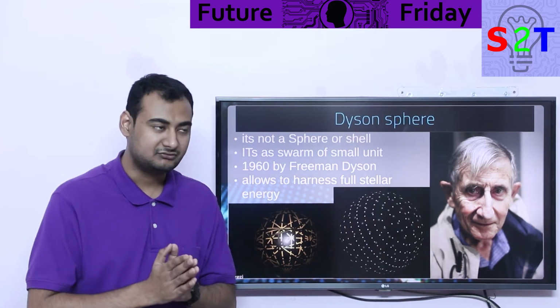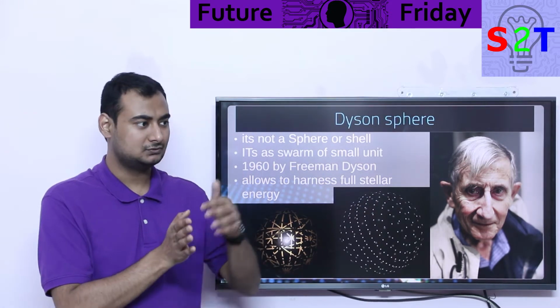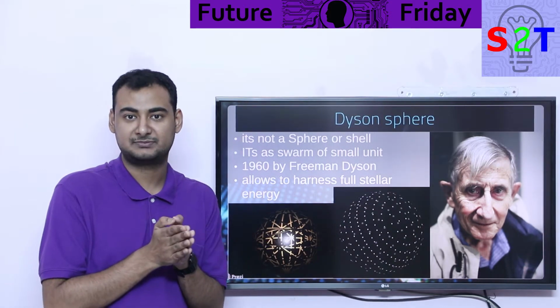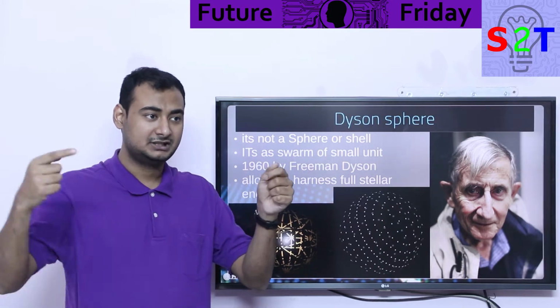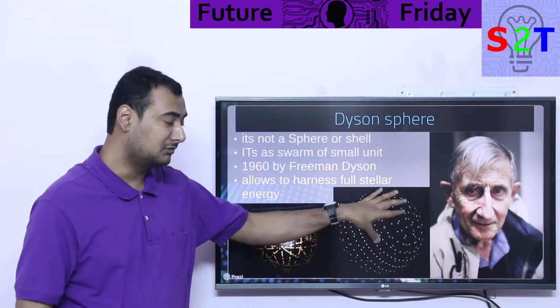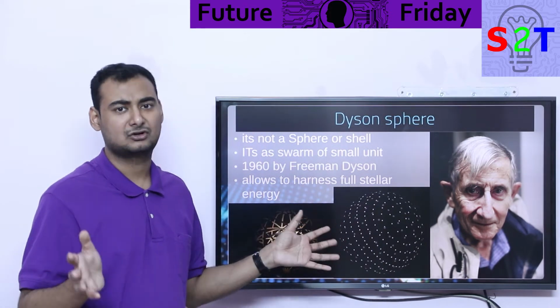Think of it this way. It's equivalent to creating a forest around your star. If there is a forest between you and something that you want to see, you can't see that thing. Is the forest blocking 100% of it? No, one tree is not blocking it. But if you have enough of them, then there is no direct path. That's what will happen. So once you have multiple small units covering the whole star in different orbits, different inclinations, and all that,